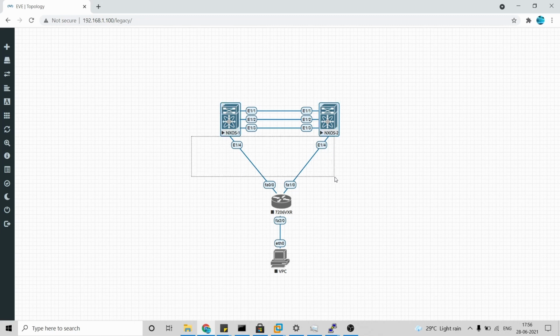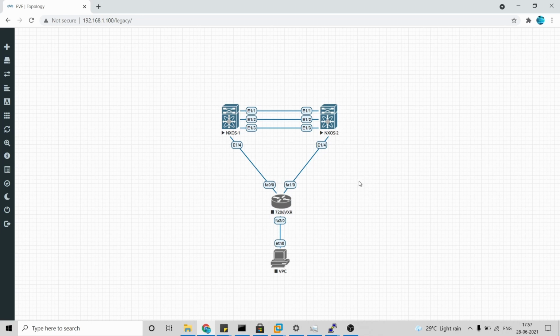In other words, this can be imagined as two physical switches acting virtually as one switch. It's more like a stacking concept, but in Nexus that's a different thing. The traffic flow from the VPC will happen through both the ports active, and the VPC peer links will be exchanging the traffic. This avoids looping as well because of the peer keepalives. And now you can see that the VPC configuration is perfectly done.